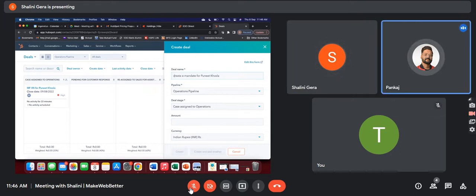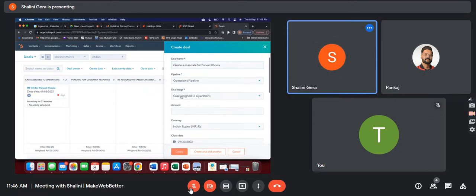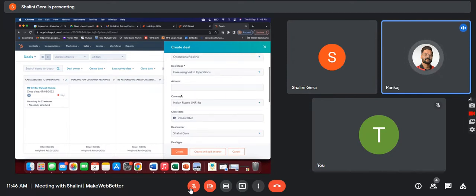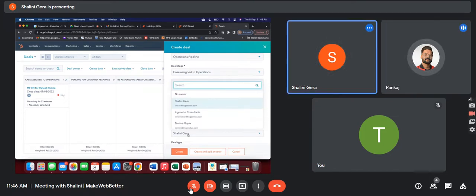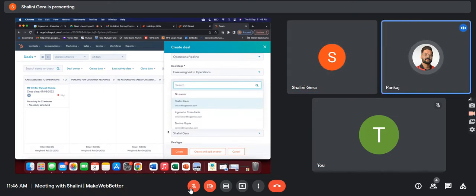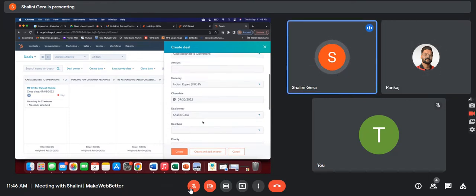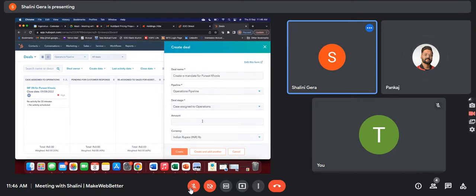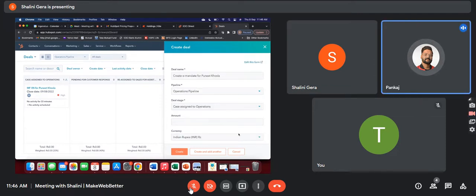अब आप स्क्रॉल डाउन करेंगे अगर, देखिए बाय डिफॉल्ट आप डील क्रिएट कर रहे हो, डील ओनर शालिनी कह रही है। अच्छा, ठीक है। अब अगर आप इसको चेंज कर दोगे तो कोई और हो जाएगा। अगर नहीं चेंज करोगे तो डील ओनर आप ही रहोगे। ठीक है, मेक सेंस। सो मतलब इस तरह से ऑटोमेशन से आप जितनी भी डील स्टेजेस हैं उनमें आप ऑटोमेशन सेट कर सकते हो